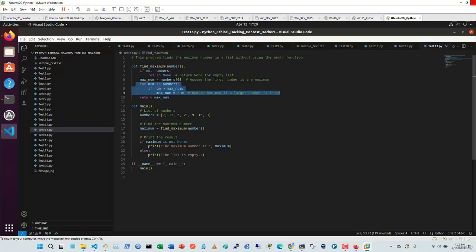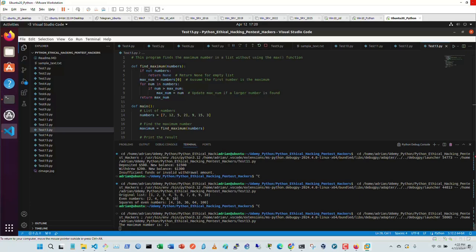configuration in Python code, as you can see here, update the maximum if a larger number is found, for instance, and return the value, and from here you can get the number, return it, and for instance print it. So let's see what happens if I execute this, and maximum number is 21 because we have a list, and you can obviously get the numbers from user